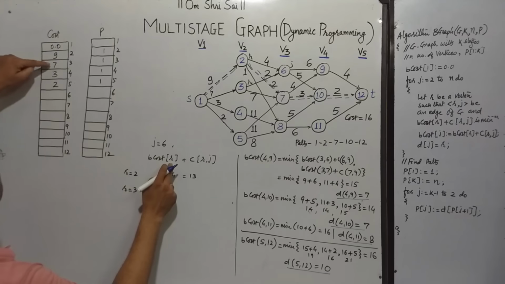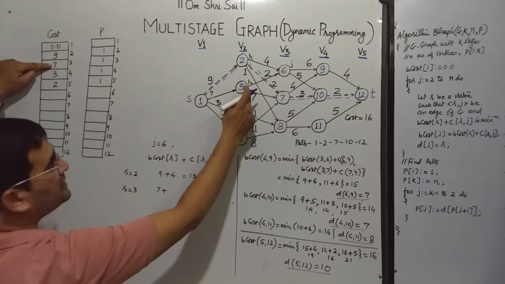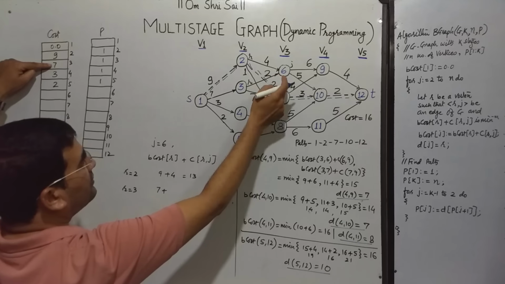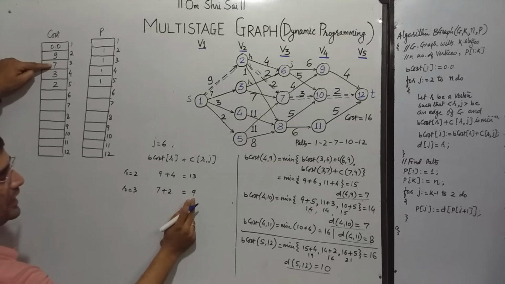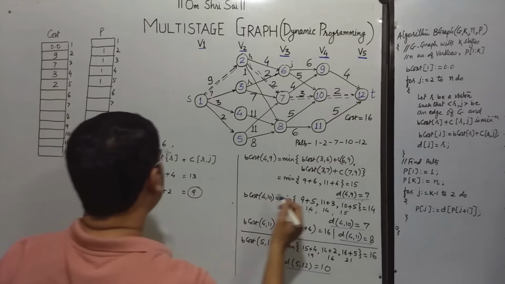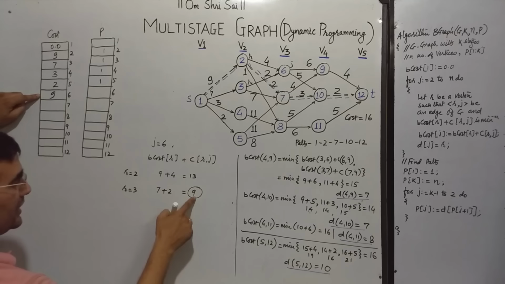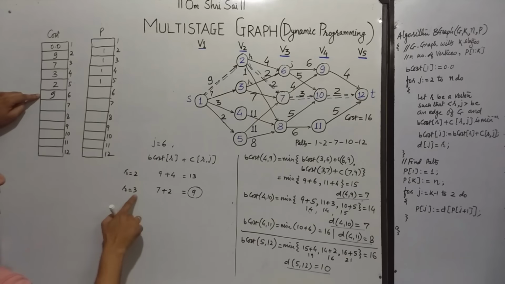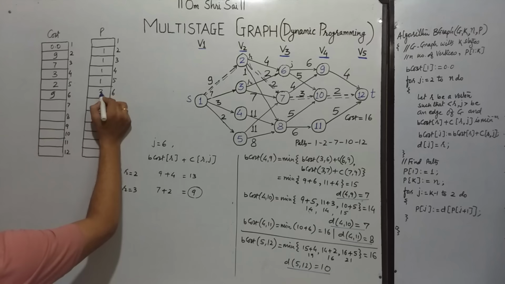b cost of 3 what is that, that is 7 plus c of r j means 3 to 6 जाने के लिए what is the cost, that is 2 and that will come out to be 9. We have obtained this value as 9 and that to be put over j is equal to 6. तो j is equal to 6 पे मैं क्या put कर दूंगा 9. This is due to the vertex 3. So I'll put this r over here. So d of 6 I'll put it over.